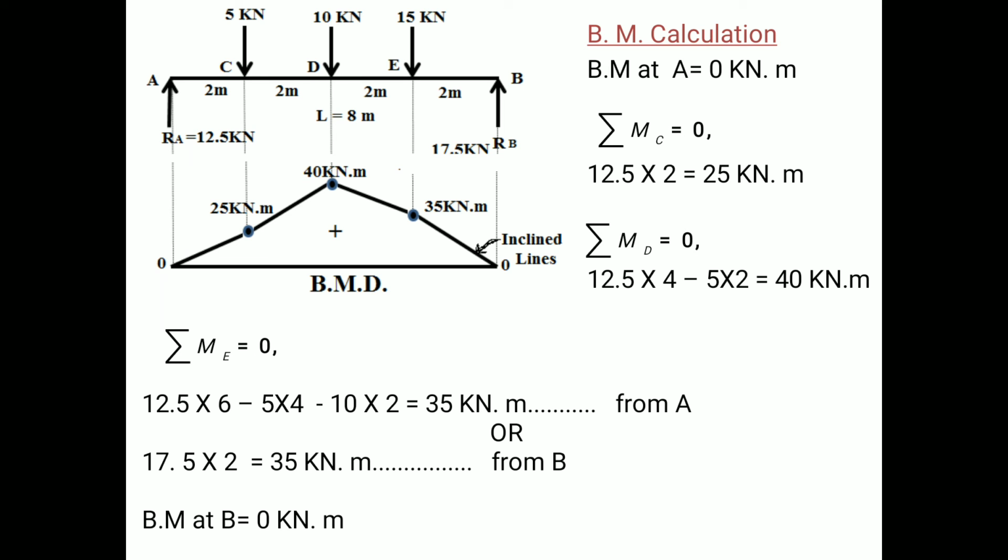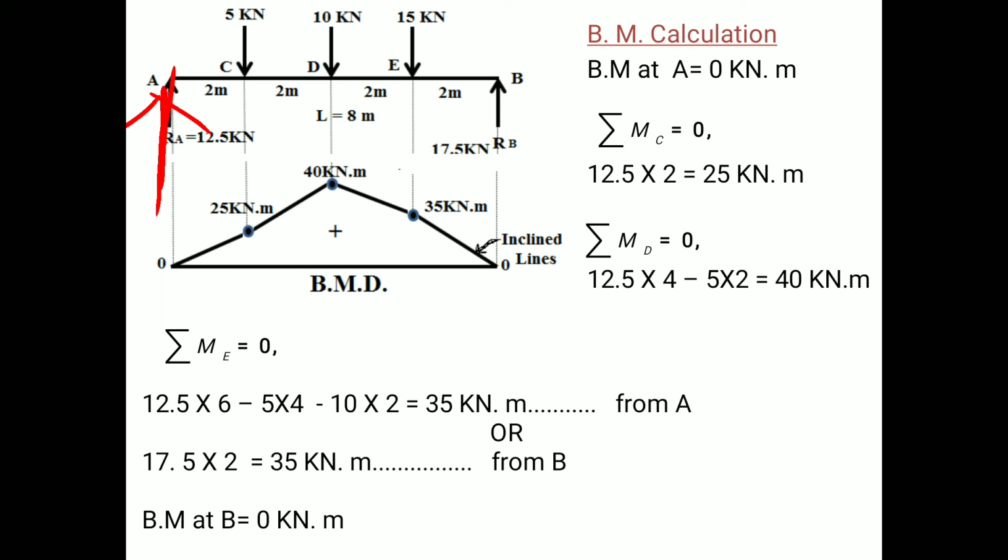Remember that in case of bending moment, the bending moment is 0 at its end. Therefore, in our case, our ends are A and B. Therefore, at A and at B, the bending moment will be 0. Now, we are going to calculate bending moment at point C. Bending moment at point C can be calculated by this RA, which is acting in upward direction, will try to sag the beam. As there is sagging of the beam, it will be considered as positive.